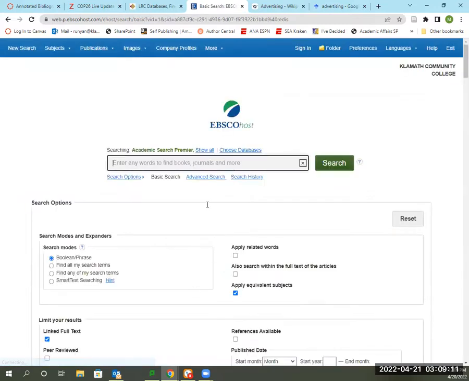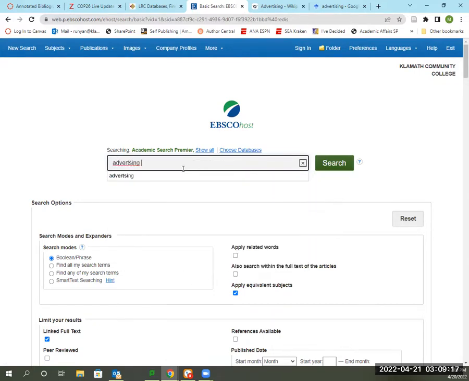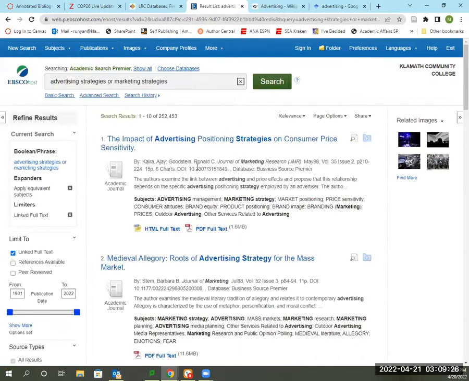And then let's say that we are looking for advertising strategies. Advertising strategies or marketing strategies. Now, the "or" is really important here. The way that EBSCO searching works is very different from the way that Google searching works because they use Boolean